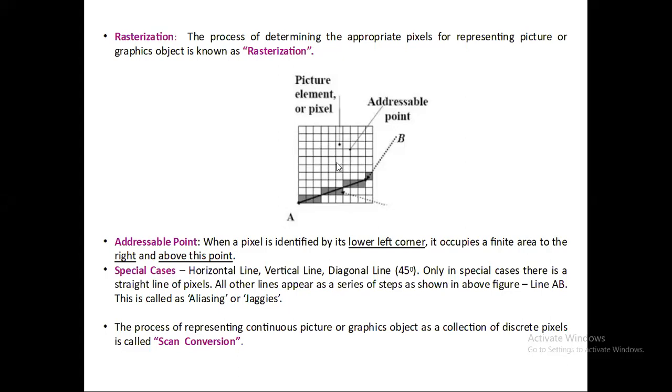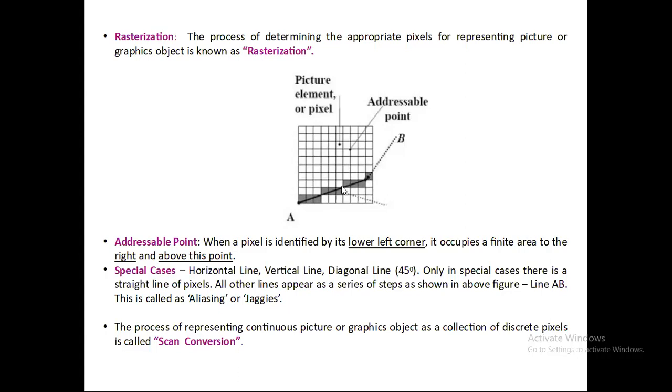Okay, now here from point A, what is its location? Consider this is the starting point of your screen. So the coordinate for this point A is say 0, 0. Accordingly, this is the 0th row, first column. So the locations will be 0, 1, 0, 2, 0, 3, 0, 4, 0, 5, 6, 7, 8, and 0, 9. Okay, and suppose this is 0, 1, 2, 3. So 3, 9. So from 0, 0 to 3, 9, we are plotting the line. This is pixel B and this is pixel A. Okay.